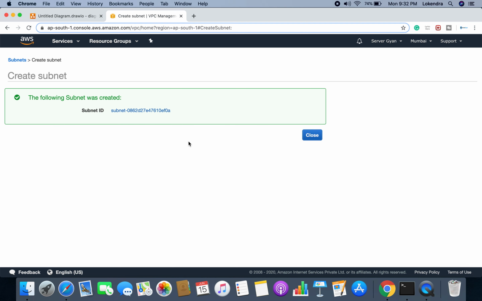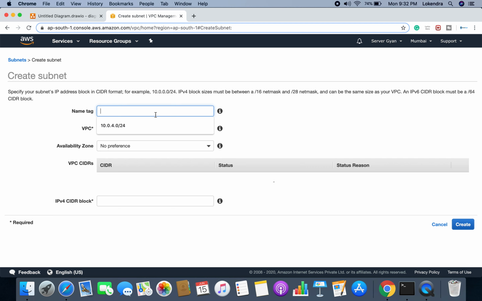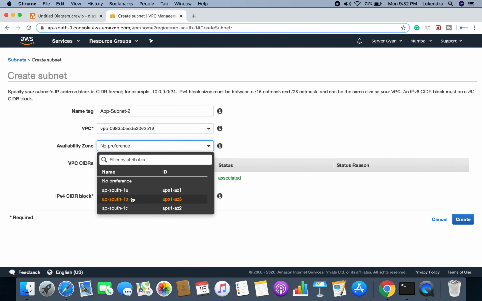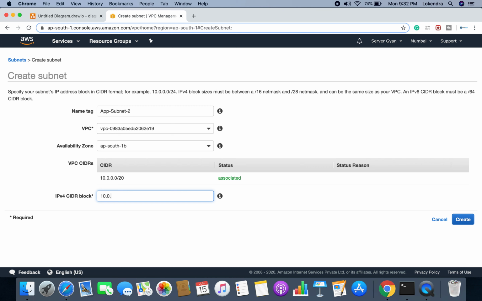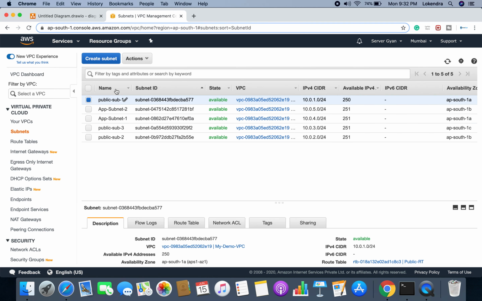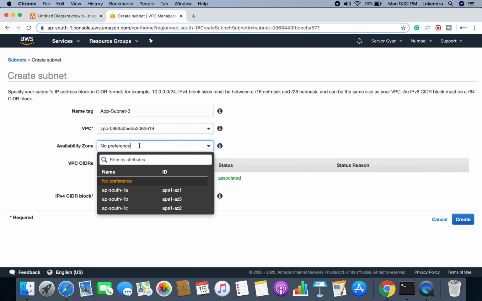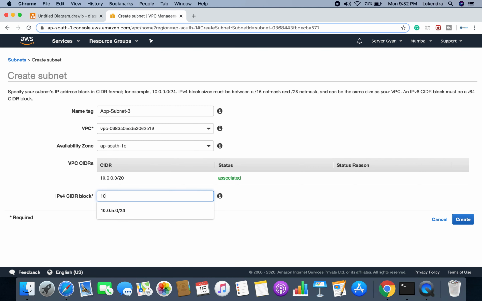Okay, so the next subnet is going to be subnet 2, and once again we will create this subnet, like we can paste the name here, and this will be subnet 2. VPC, same VPC, availability zone 1B, and 10.0.5.0/24 we can have here, and let us create it. One more subnet we need to create, that is going to be 6.0. Fine. So we will paste the name here, and this is going to be subnet 3. This will be in this VPC only. Availability zone going to be 1C, and the IP address range is going to be 10.0.6.0/24, and that's it.